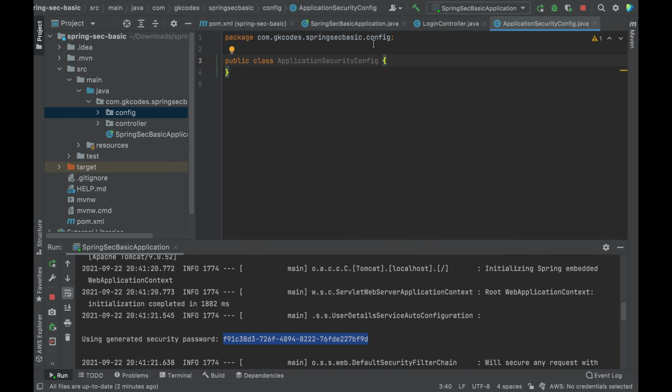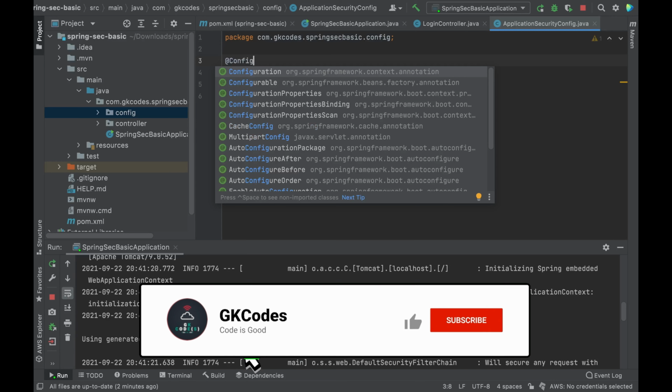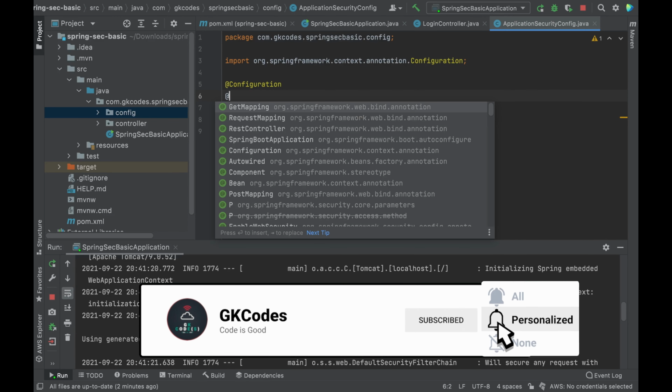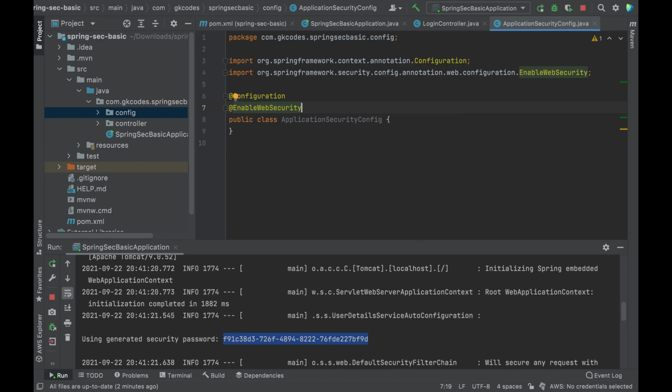This is our basic configuration class where all our HTTP related configurations we are going to do. I annotate this class with Configuration and EnableWebSecurity. So this ensures that all the configurations related to Spring Security will get enabled.